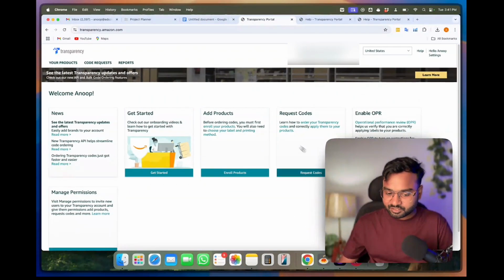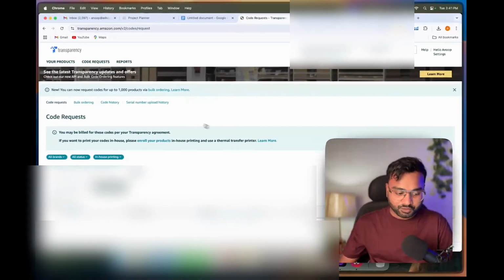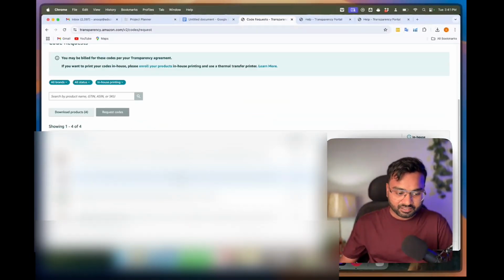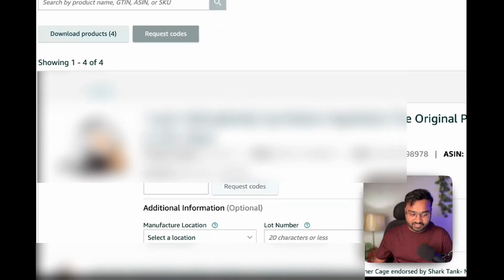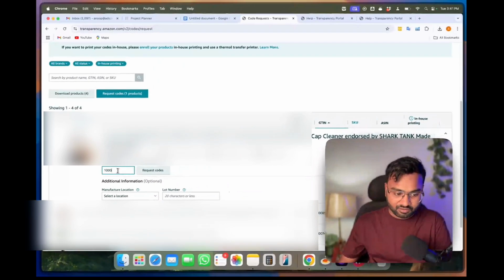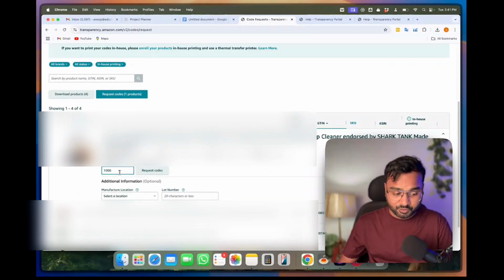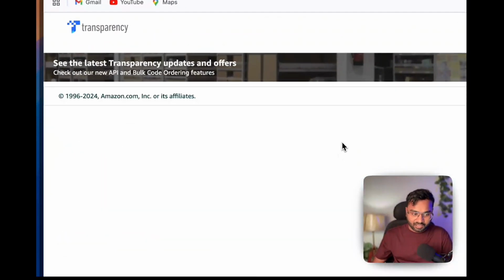Once you have done the enrollment, you need to click on request codes. Once you click on request codes, you will see your products visible here. I have grayed them out for the client's privacy. Again, you simply need to click on the title, and then you will see this part. Simply enter the number of codes you want to request, and hit request code. I'm not doing it here. Amazon will charge. Okay, simply request codes, and once you are done with this one, go here, request codes,